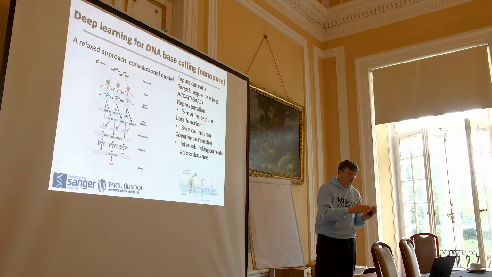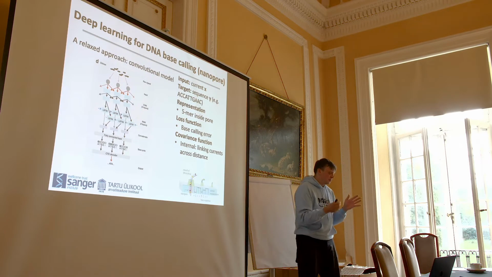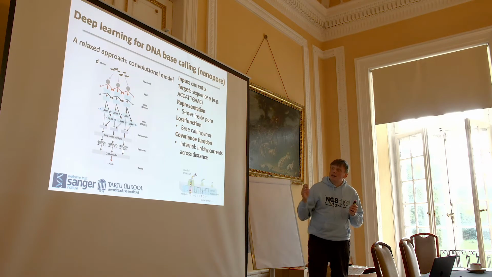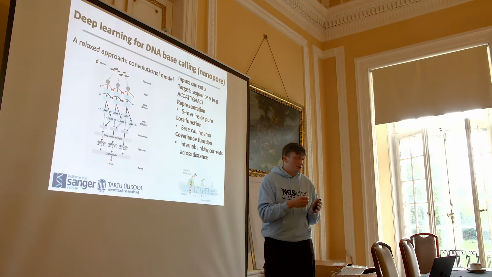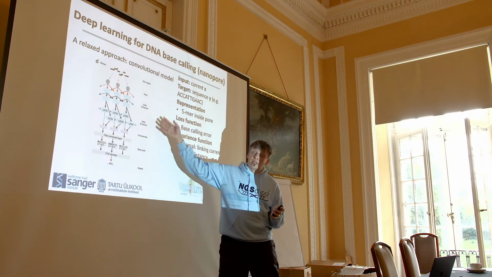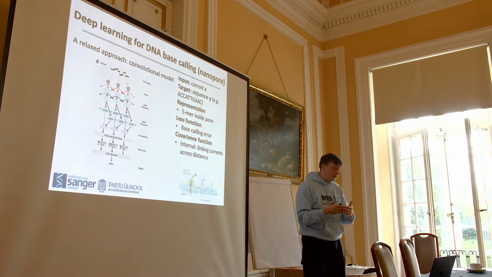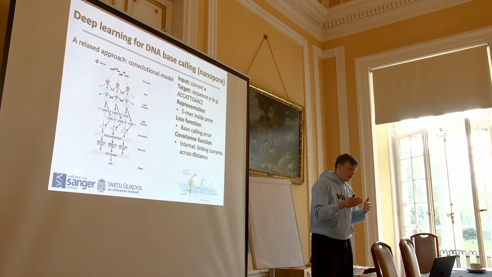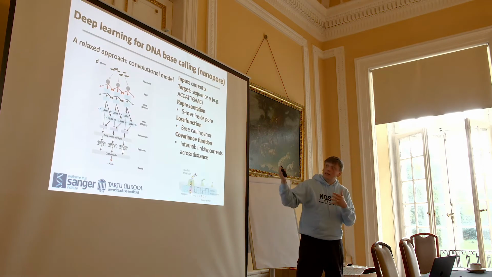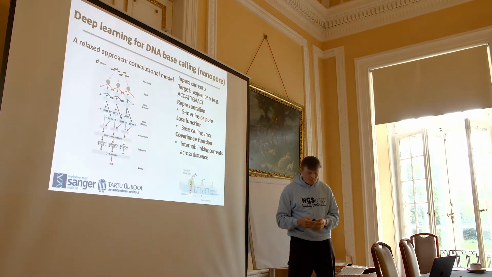So I guess my takeaway from this was that it's a way to relax the hidden Markov model, where you have a very natural representation, but you have a fixed model structure where if the data doesn't quite conform to that model structure, then you're sort of stuck. You have to start modeling exceptions. What happens if the pore stutters or it skips a base? Especially if you have lots of data, and sequencing machines can generate lots of data, then it can be easier to over-parameterize or have a more complicated model that allows more flexibility in the ways you encode dependency between consecutive data points and to fit that instead.